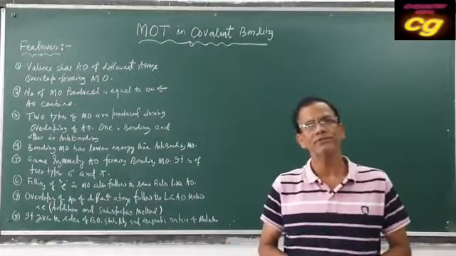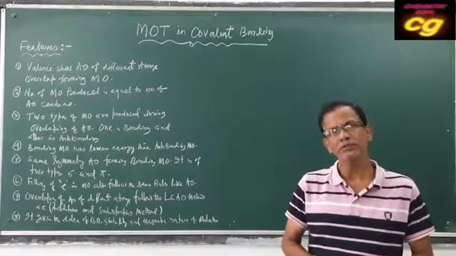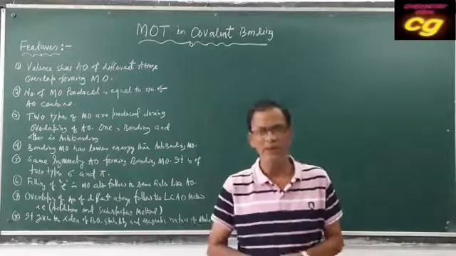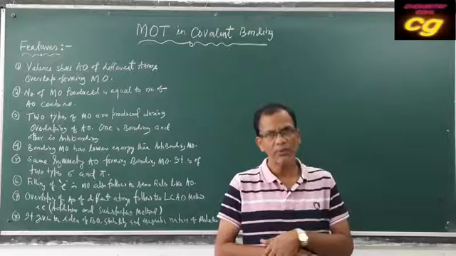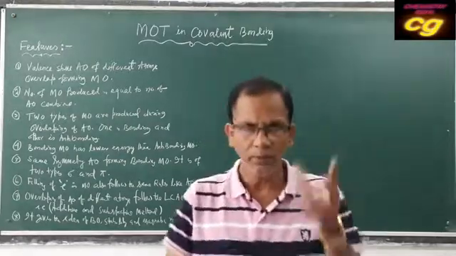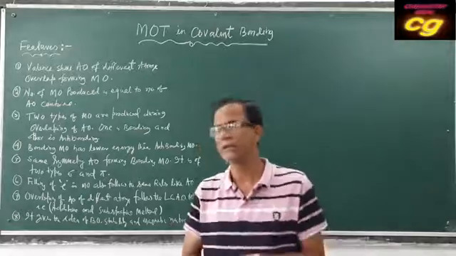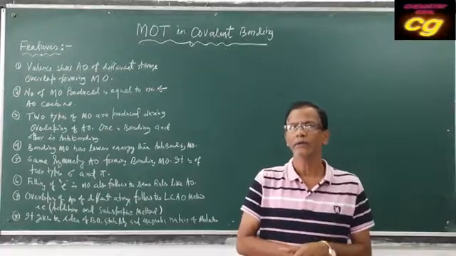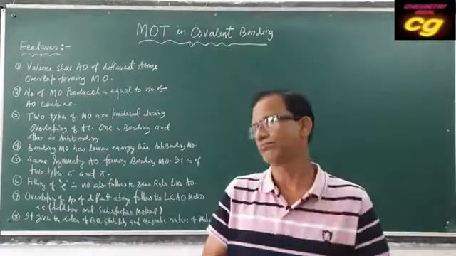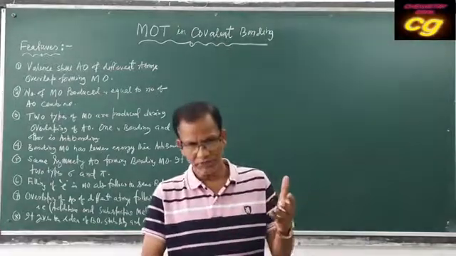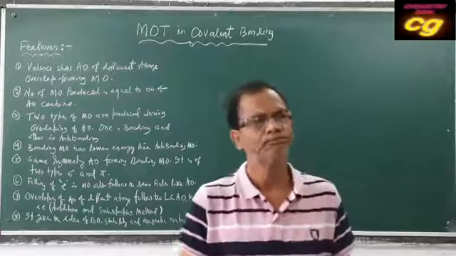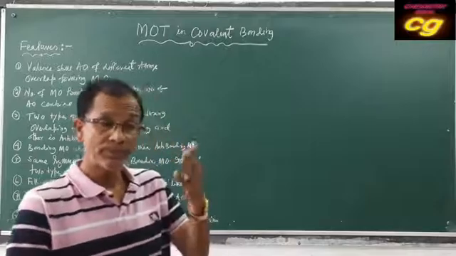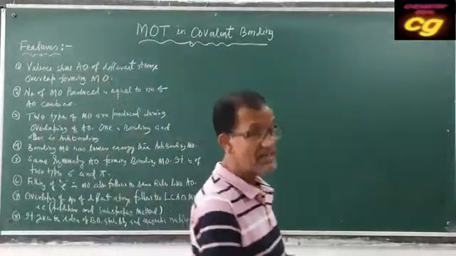In the last class, we discussed the valence bond theory, which gives the hybridization of the molecule, the shape of the molecule, and the bond angle of the molecule. But this valence bond theory could not explain the nature of bonds, the strength of the bond, the number of bonds produced in the molecule, and the magnetic character of the diatomic molecules